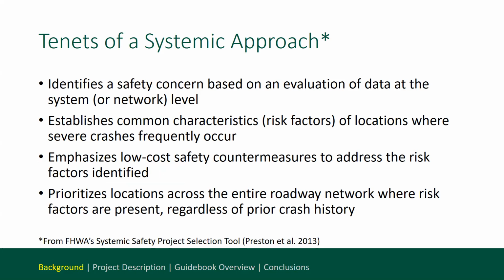So in a systemic safety approach, we identify a safety concern based on evaluation data at the system or network level. Okay? So we are not going to base our judgment of where to make improvements just based on one location. We are not going to try to identify hotspots and try to fix them. We are not going to try to fix each intersection, one by one, all the time. We are going to identify common characteristics of locations where severe crashes frequently occur. And then we're going to try to treat those risk factors, even if the crash data hasn't yet manifested itself